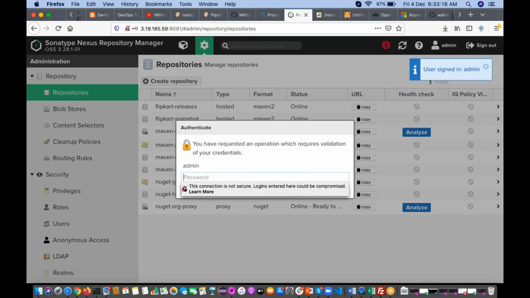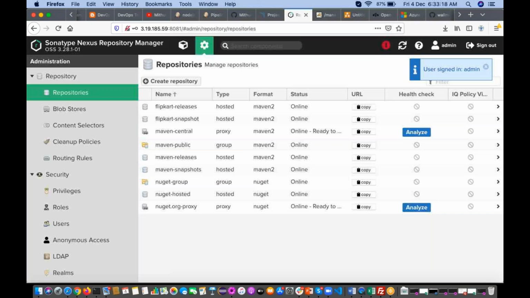Here, see, create repository. You have to log in as admin user, then only you can see that create repository option.